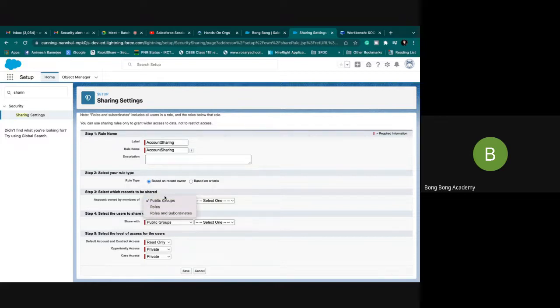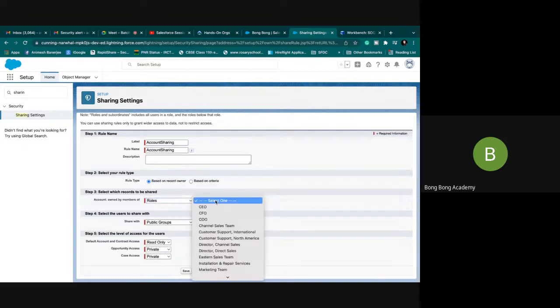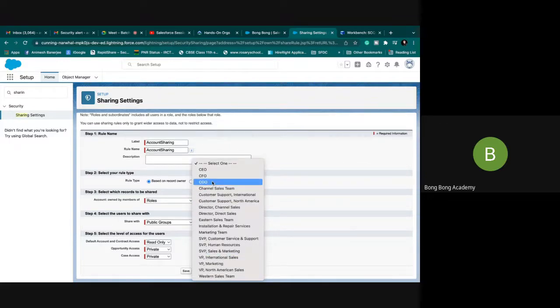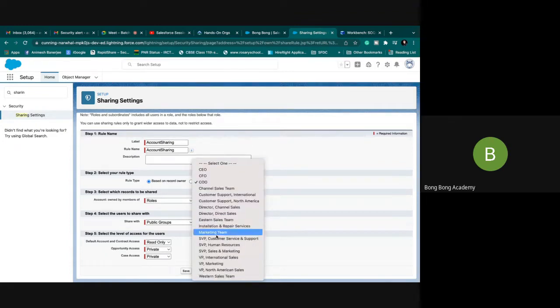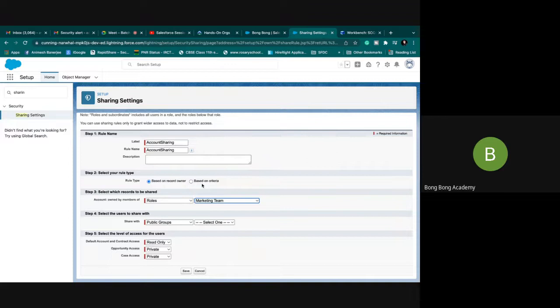So what is a public group? We'll discuss next. You can choose a role. Usually it is a horizontal sharing. Through role hierarchy, users who cannot see each other's record, if I want to share, then we will be using this. Let's say if marketing team is a role, and there are multiple users in the marketing team role and they need to see each other's record.